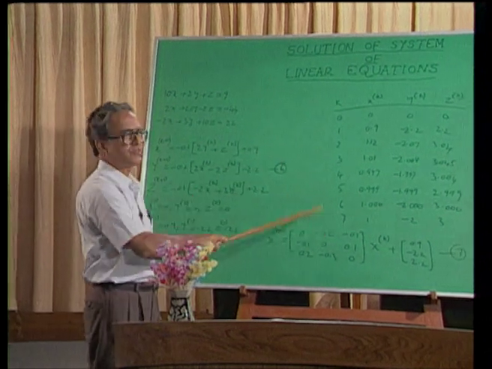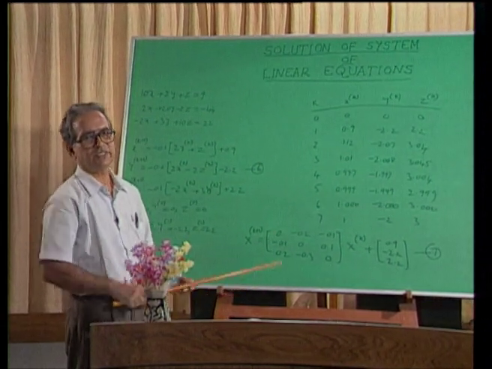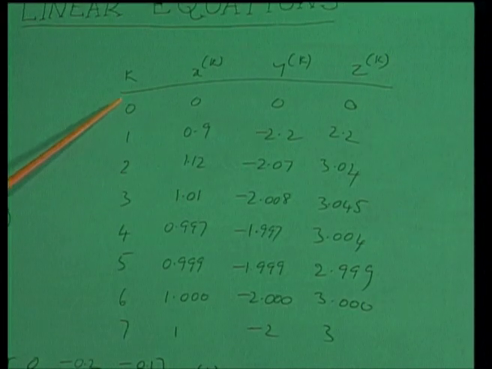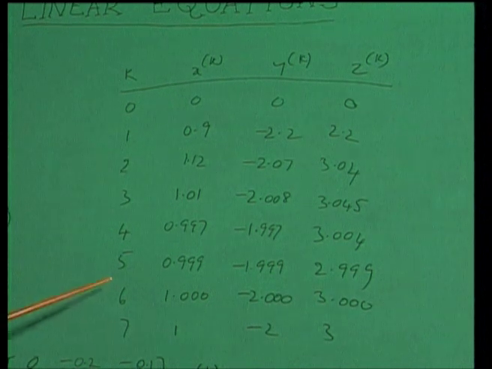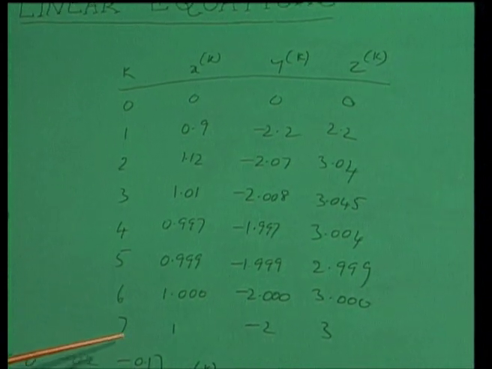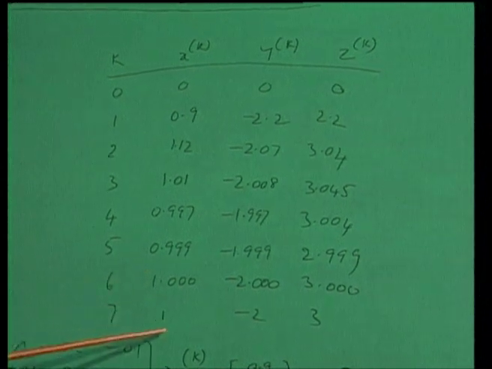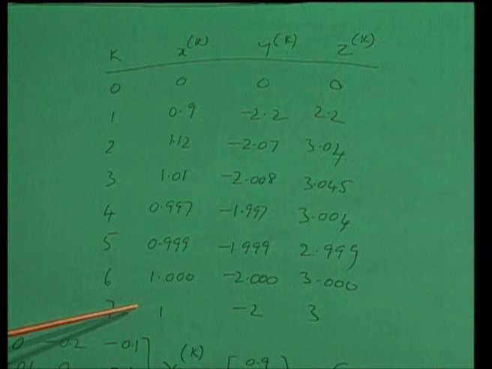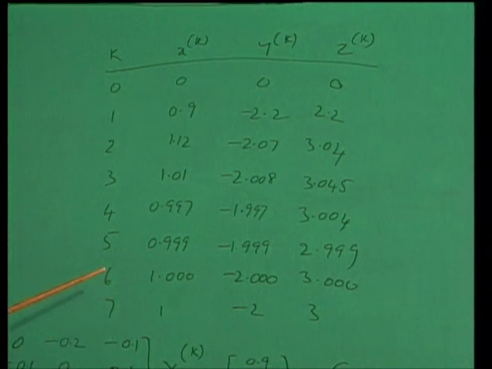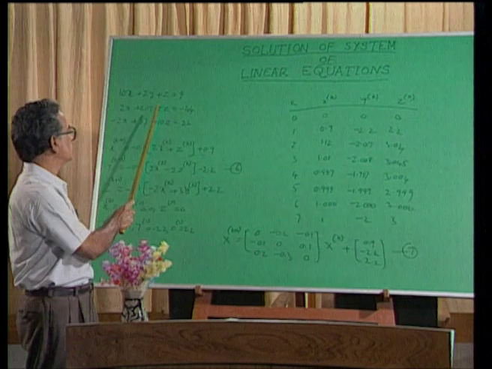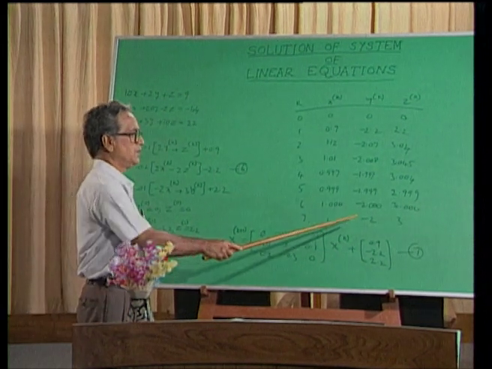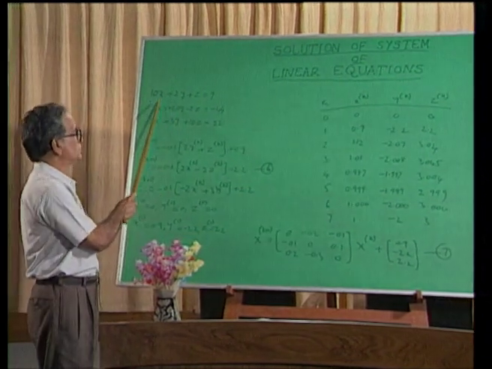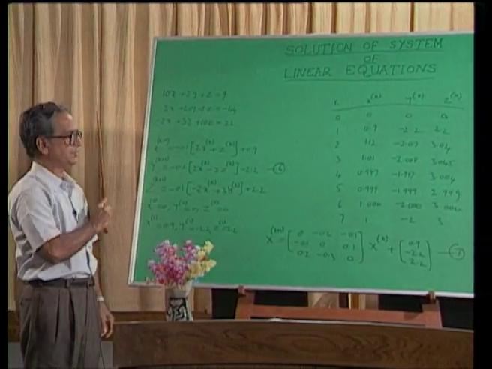Like that, if I proceed on with the various iterations, the values obtained are tabulated here for various iteration values 1, 2, 3, etc. Now you see the 6th iteration values and the 7th iteration values coincide up to 2 decimal places. So convergency is there in the sequence of iterations, and so we declare that the solution for the given system is x is equal to 1, y is equal to -2, z is equal to 3, and you can check the solution by substituting them in the given system of equations.